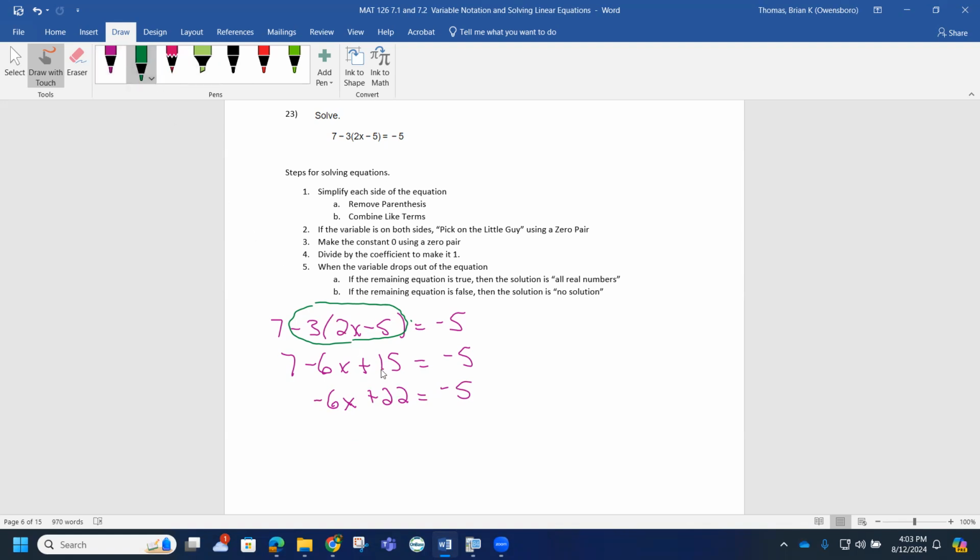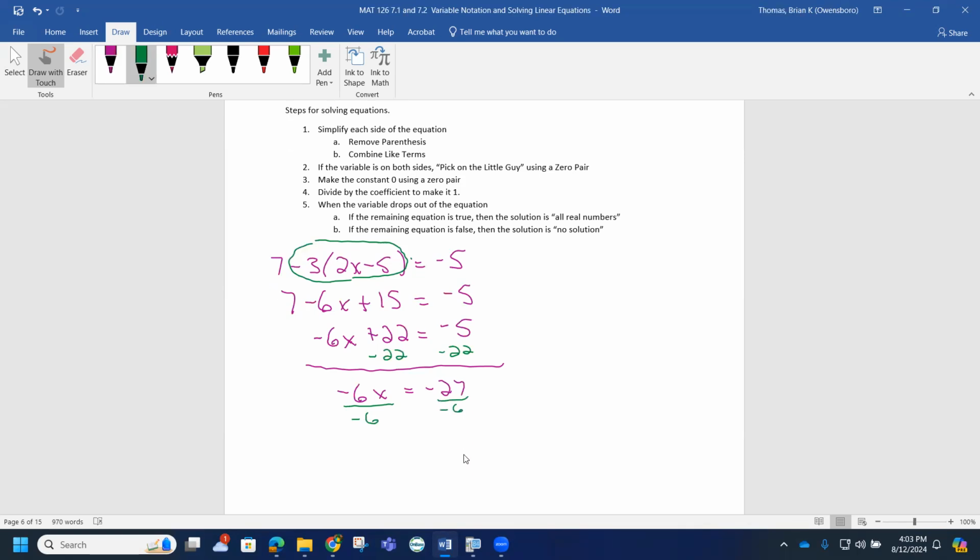So I can get rid of that constant of 22 by using a zero pair. So if I put a -22 there, I have to put a -22 on this other side of the equation. So if I do that math, what we're going to end up with is -6x equals, and this is a loss of 5 and a loss of 22, so it's a loss of 27. So from there, we have to get rid of this coefficient. So if we divide both sides by the coefficient itself, which is -6, we can do that. And then our answer is going to be